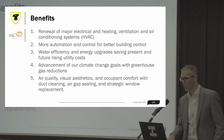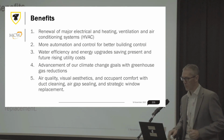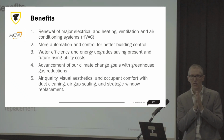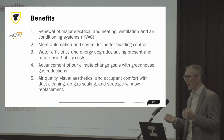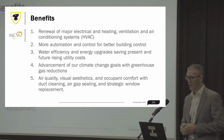So the benefits of the program, as we were saying and as Ray described, renewal of the systems, automation and control for better building control. And that's the big issue for all of the occupants, is knowing that they get good and proper ventilation. At the end of the day, as we go through, we do have air purifiers as we move space to space and interrupt their zones. Of course, efficiencies and energy efficiencies,